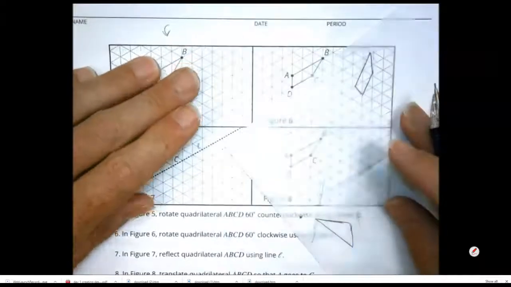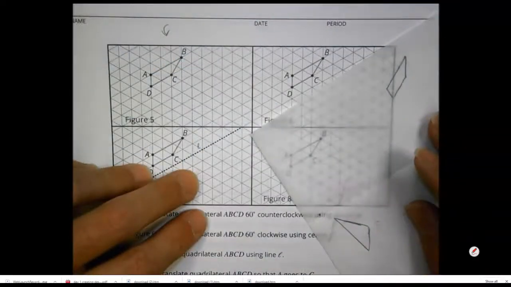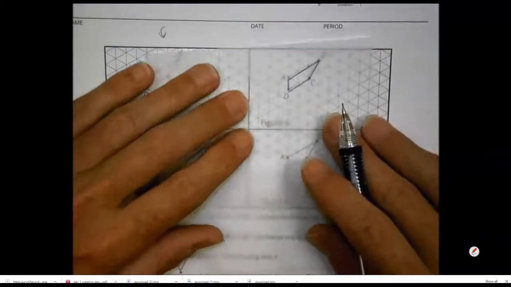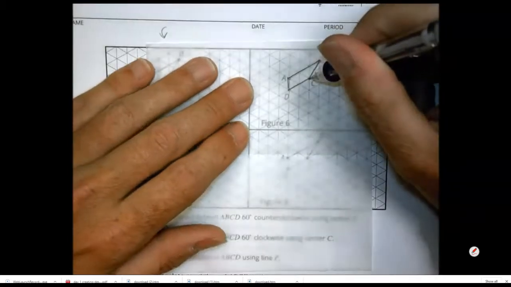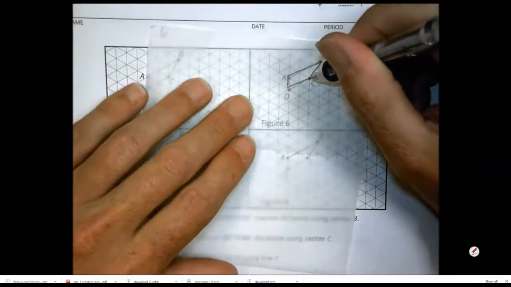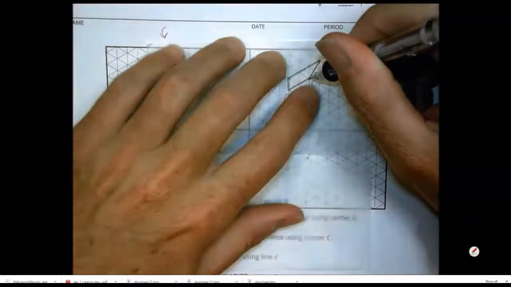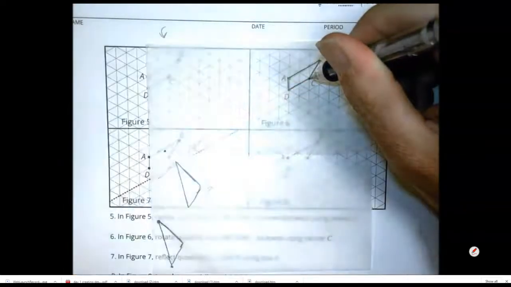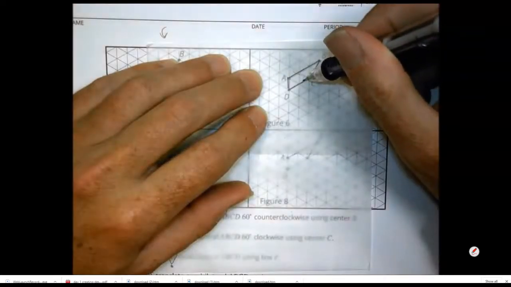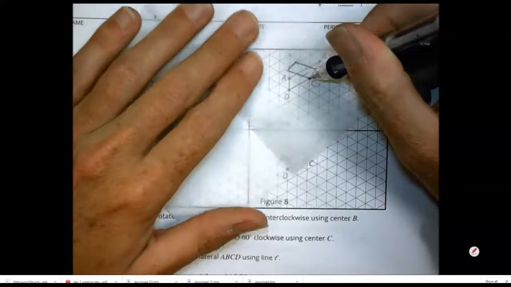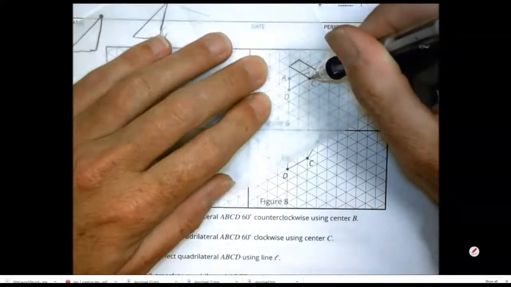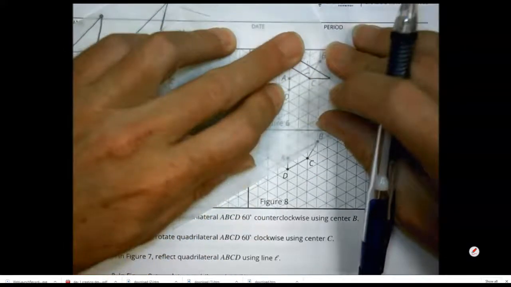In 6, if I'm rotating quadrilateral 60 degrees clockwise using center C, then I put this here, and I hold my pencil on the C, and clockwise means I'm going to go this direction, and so I'll take that bottom line here, and I'm going to rotate it up to the next line, which is right here, right? So I'm going to go from this place to this place. I'm only going that far with that bottom line, and when it gets there, I stop. And I know I'm in the right place, and now I got my little crisscross going on,